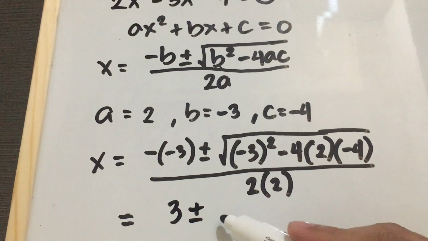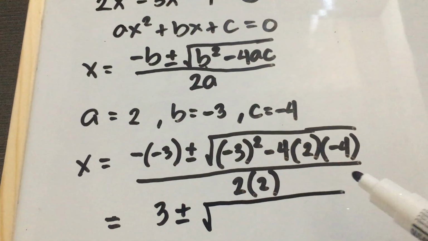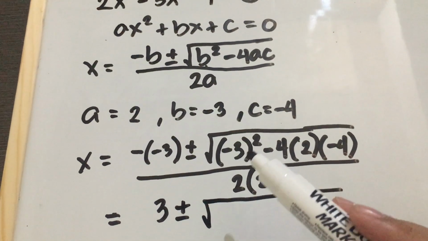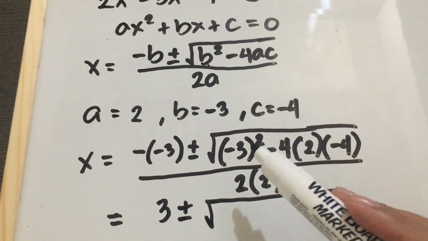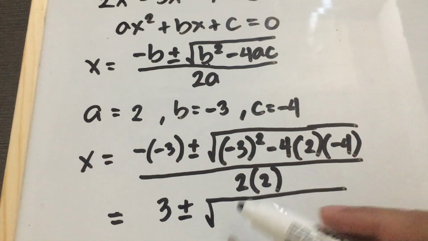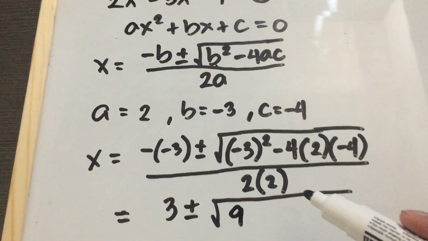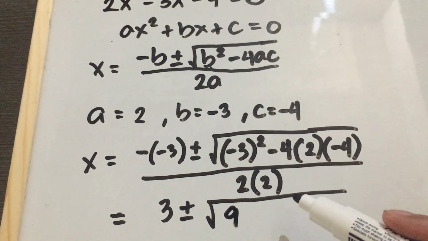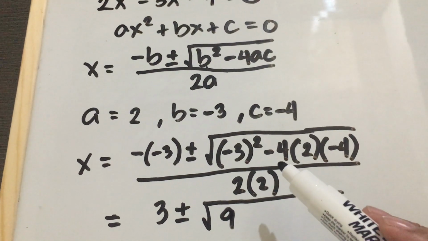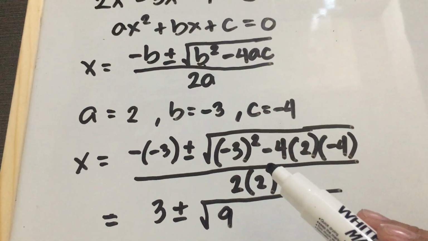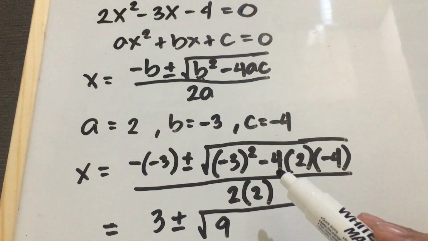plus and minus the square root of, simplify, what is negative 3 squared? So you can use your calculator. So that is negative 3 times negative 3. That's why you get positive 9. Okay? So in this part here, you can actually use a calculator as well, but let us have a thorough